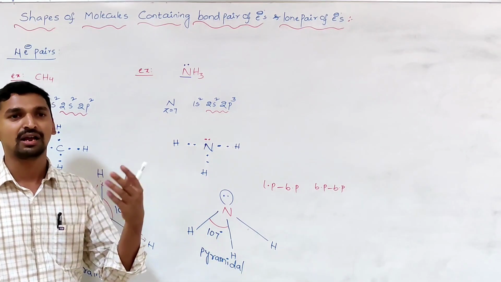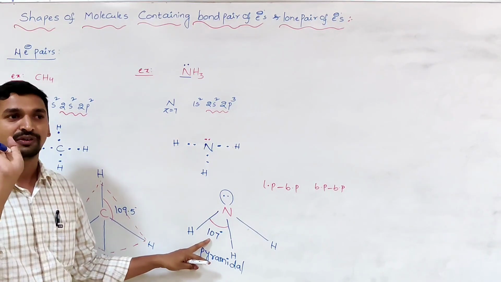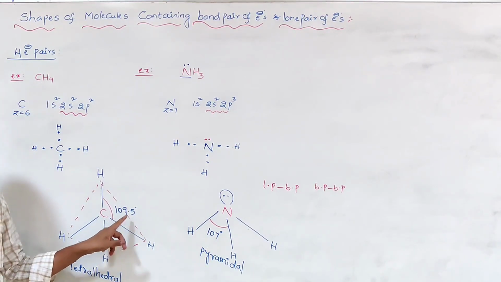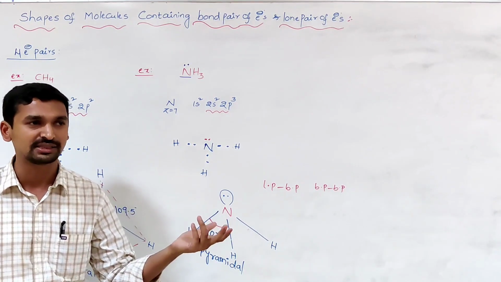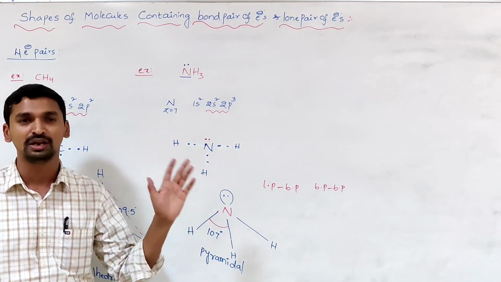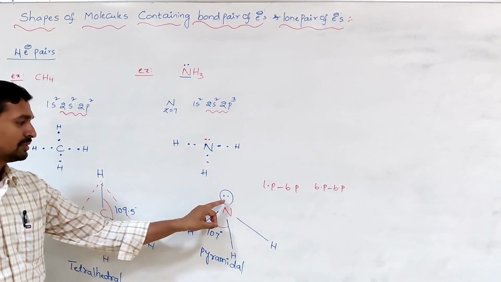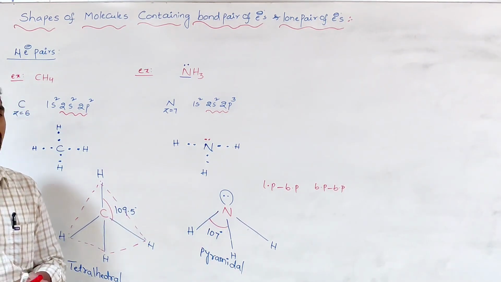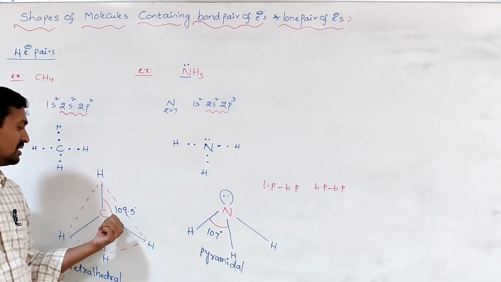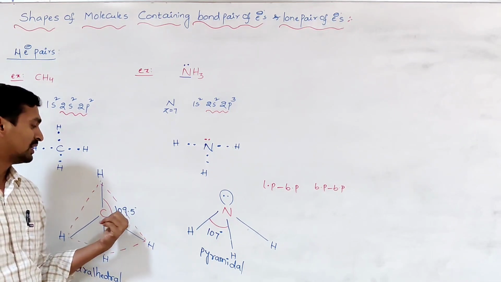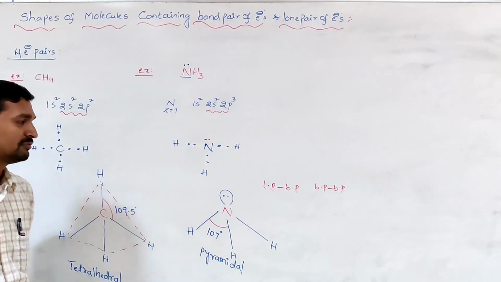So for molecules with a pyramidal shape, the bond angle is not constant. But one thing is certain: the bond angle is less than 109.5. It may be 108, 107, or 106. We cannot say exactly, and there is no need to remember the bond angle. But the point we need to remember is that because of the presence of lone pair-bond pair and bond pair-bond pair repulsions, the lone pair-bond pair repulsions are stronger. That's why the bond angle decreases from 109.5 degrees to some other value. That's why we simply say less than 109.5 degrees.